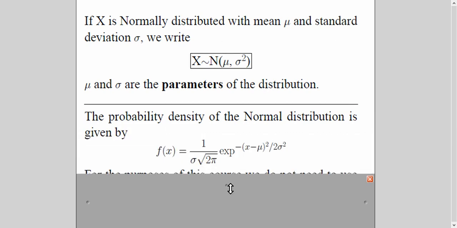Now, what is this probability density function? If any situation is given to you and you have to find a probability, and you know the mean and variance, you can plug them in here and integrate this function to get the probability. But the point here is, do you know how to integrate this function? It is not a part of the syllabus, it is not taught at this level. So that's why we use another way to find the probability, and we will discuss that. Basically this is your probability density function.